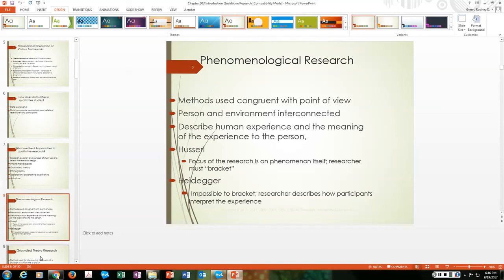And there are 2 researchers. Purcell, who is one of the leaders of phenomenological research, says that the focus of research is on the phenomenon itself, and the researcher must bracket, that is, set aside their own bias. Now, Heidegger was a philosopher and very prominent in this